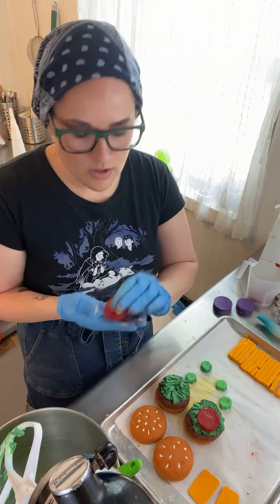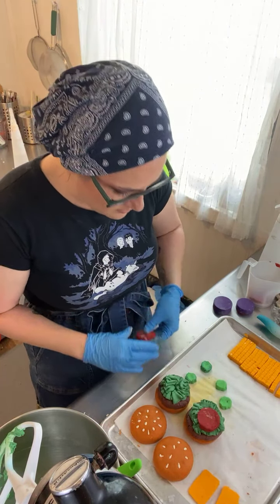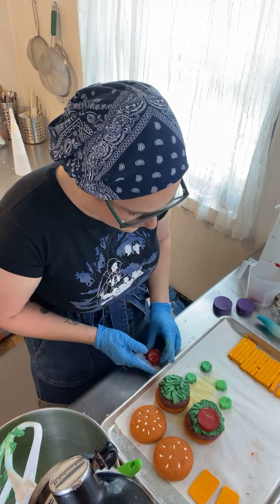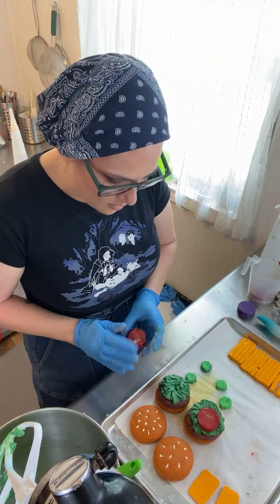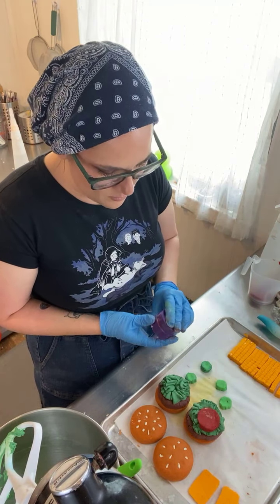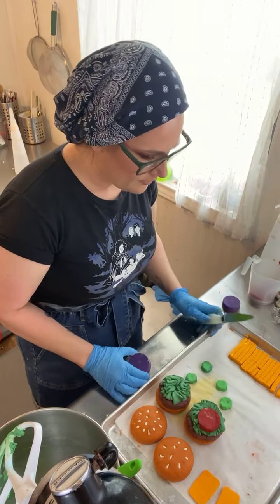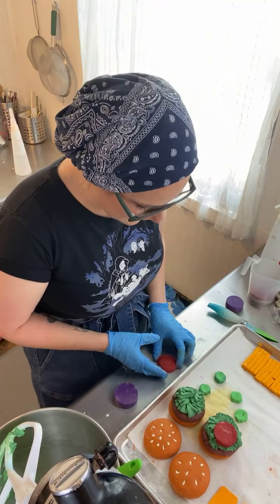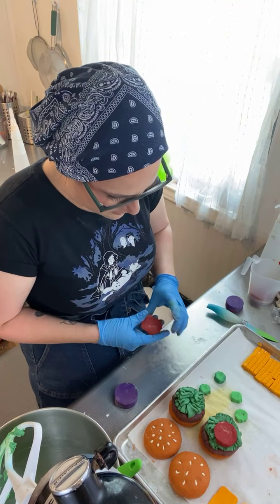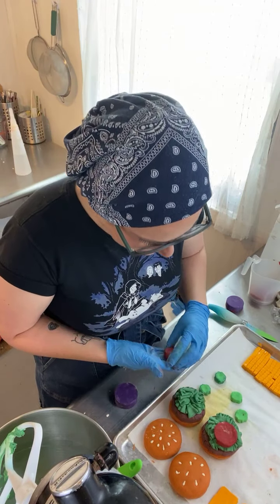You could go so many directions. Think about how simple this actually is. Like, it is not simple. There's a lot of steps involved to this. But mold-wise, these are super simple molds. And I think a lot of people have macaroon molds. You don't need every single different size and stuff. You could have slider sizes and...